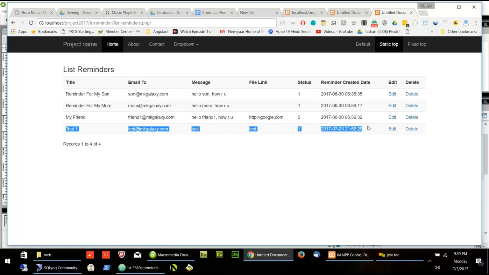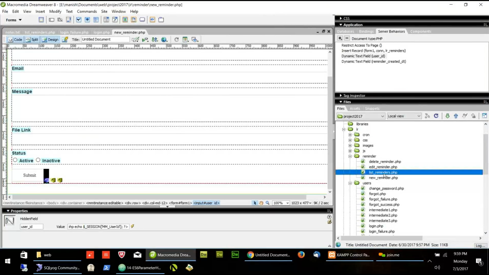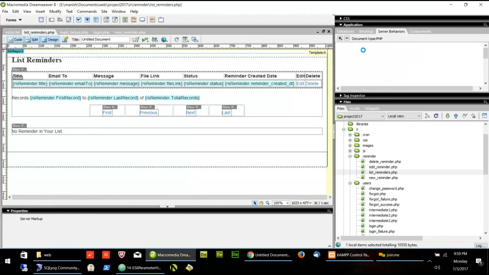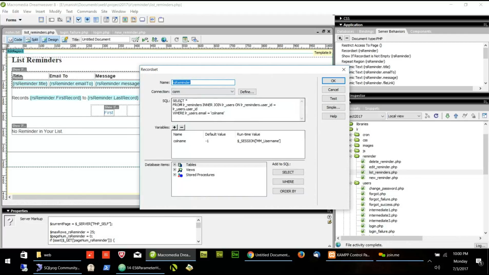Now I'm using user ID from the session. Now let's go to the list reminder one. Here what I'm doing, record set RS reminder. Here I'm joining the two tables because I don't have user ID. Now, since I have user ID, I will not join the two tables. I will directly get,